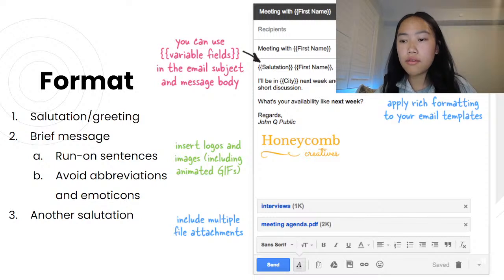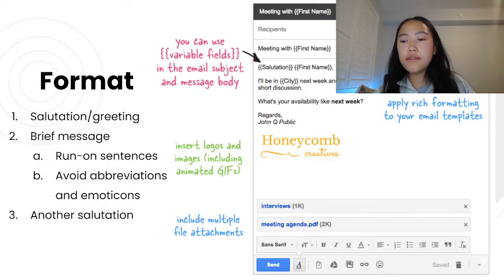And make sure that you have short paragraphs with spaces in between, and numbers or tick marks or bullet points if you're making any points. And also watch out for run-on sentences and long emails. Emails are meant to be concise and to the point and shouldn't be an essay, essentially.